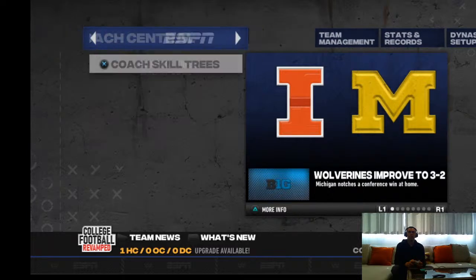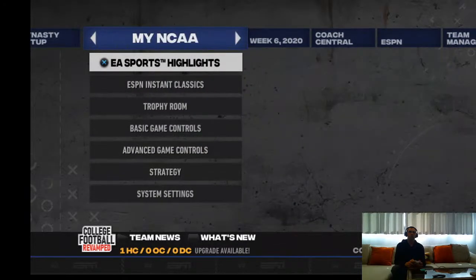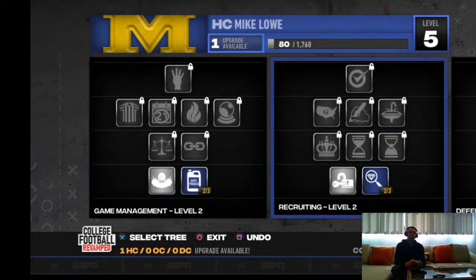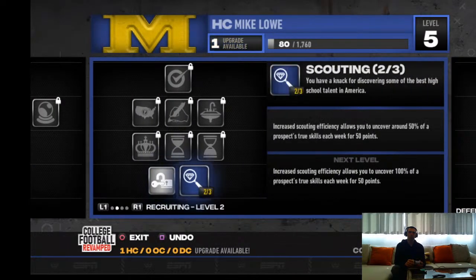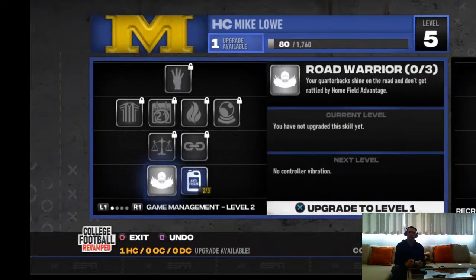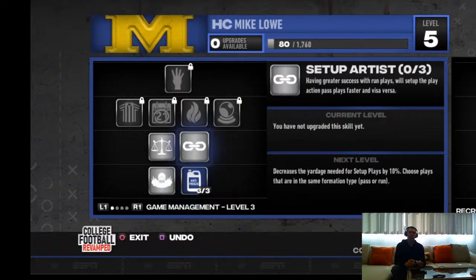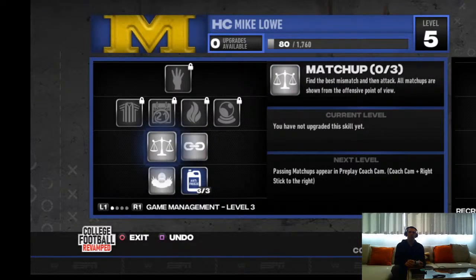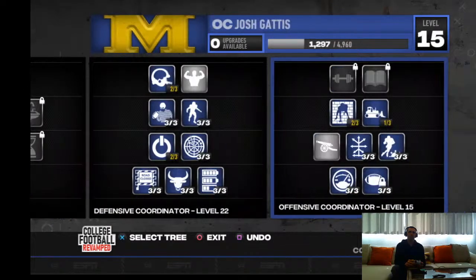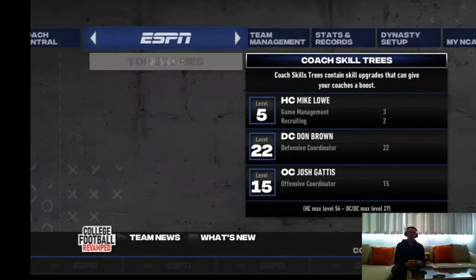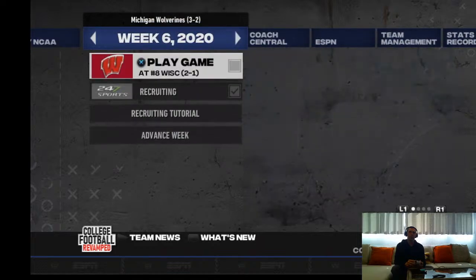But we do have a coaching upgrade, so let's go do that before our game. Where do I do that? Coach skill tree. So I try to balance these. I've actually been doing more of the gameplay ones. Of course people like to focus on the recruiting, but I don't feel like I'm short on points right now, especially without having the scout. So I'm going to keep unlocking this so that we can start bumping up. I would love to get this pre-play camera on our next upgrade, so we're just going to go with that. I don't think my assistants have anything yet. So that's that. We are in week 6.